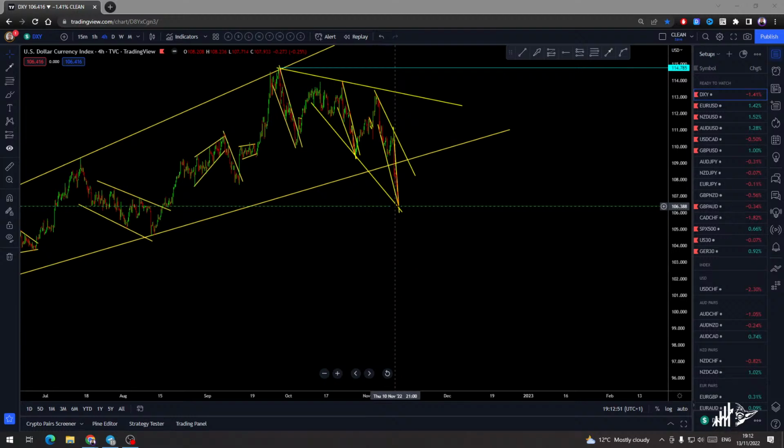Let's take this example, DXY. Can you count the signals for buying, for example? I think I didn't get your point. Let's take this example. Can you count the signals? What kind of signals do you want me to count over there? No, I'm talking in general. Is it right to sell or buy the dollar, for example?